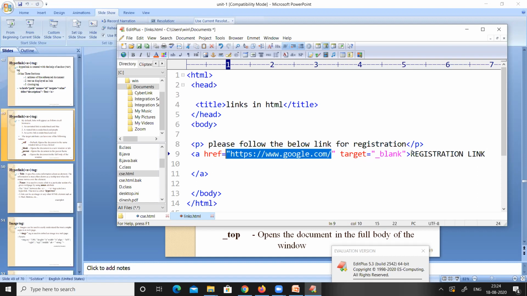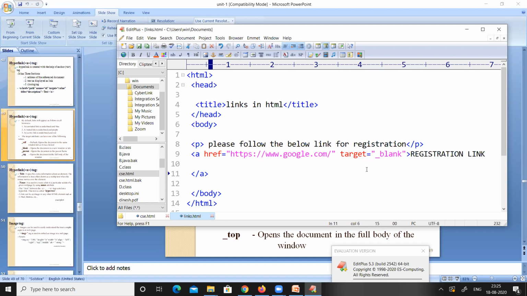This text, the registration link, will appear as a link on your web page. And if we make a click on this registration link, then google.com is going to be opened in a new window. So let us see whether it will work or not.